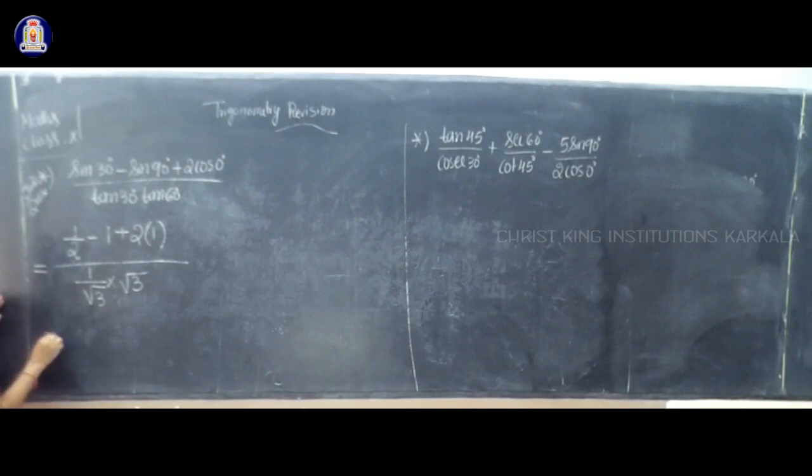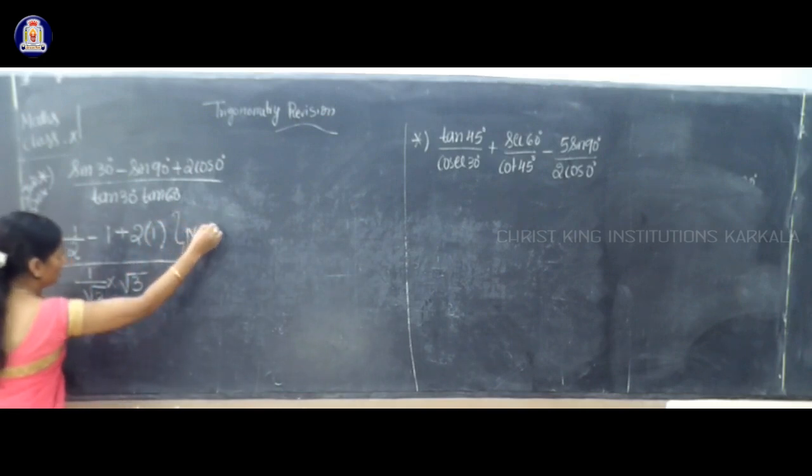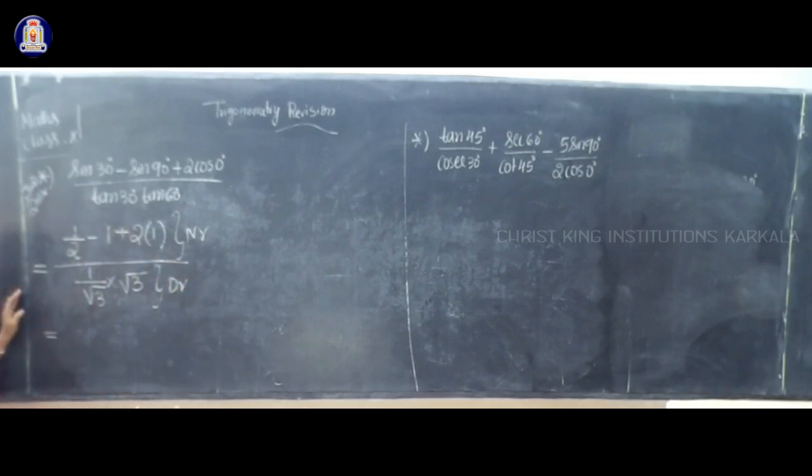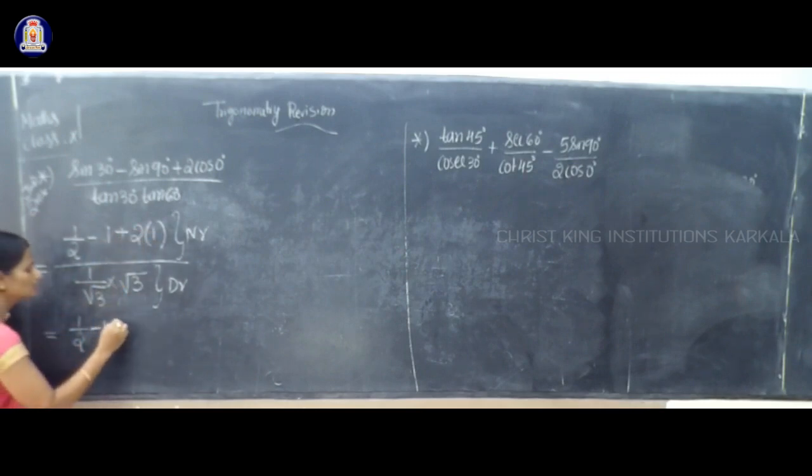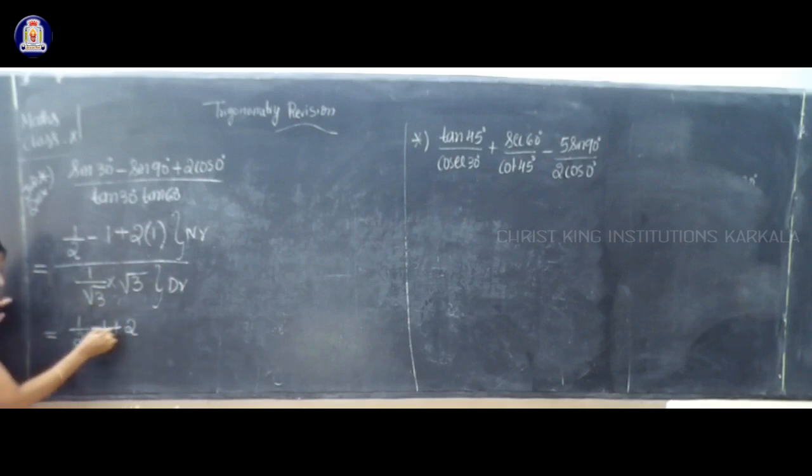Clear substitution? Yes. Now this is your numerator and this one is your denominator. How to simplify the numerator? Numerator is 1 by 2 minus 1 plus 2. This is not a natural number or whole number or integer, so this is a fraction. We can't add this with these two directly, we have to take LCM. Otherwise, you can see like this: plus 2 minus 1 is plus 1. So plus 1 and 1 by 2.